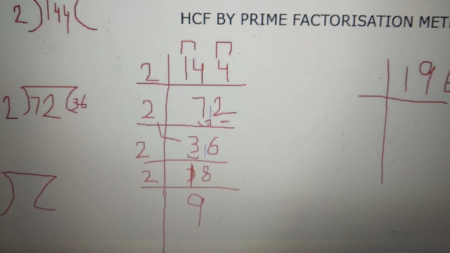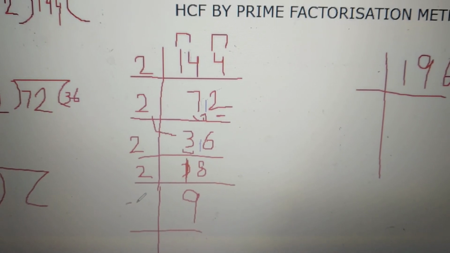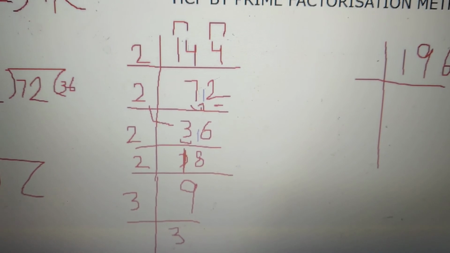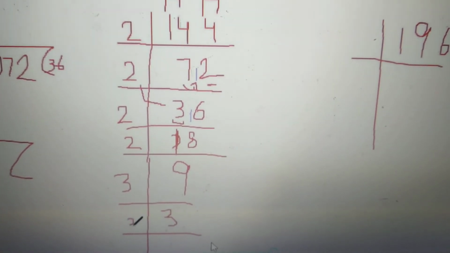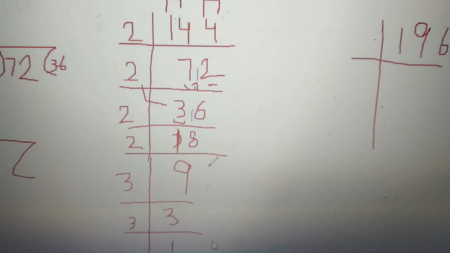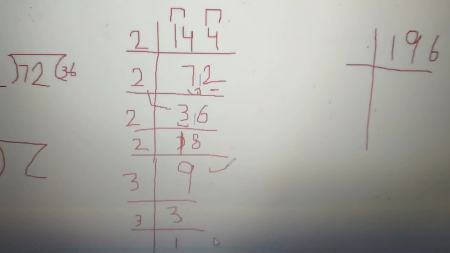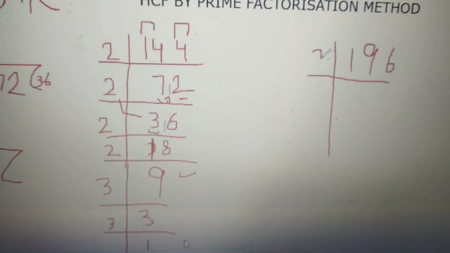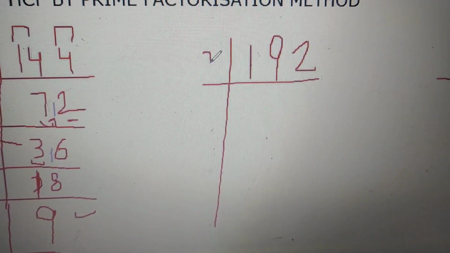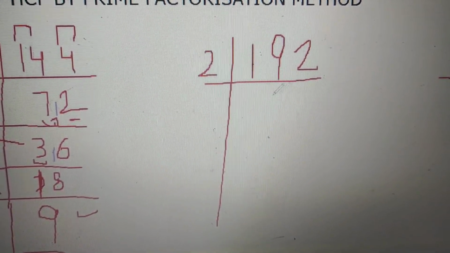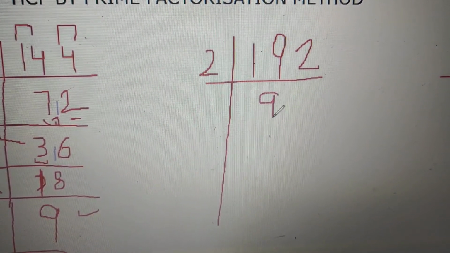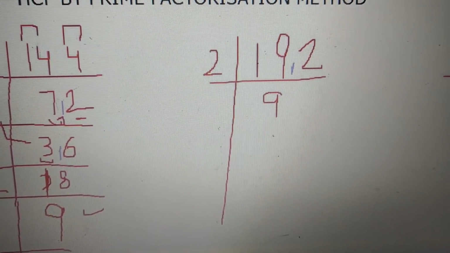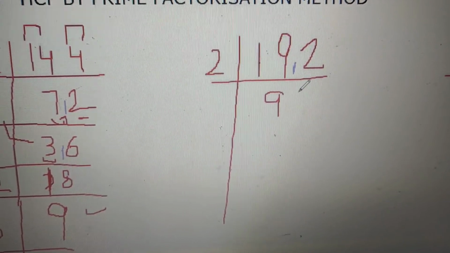If you don't remember the table exactly, you can divide it: 3 3s are 9 and 3 1s are 3. Look, after 18 I came to the number 9. 9 doesn't come in the table of 2, so I divided it by 3. Similarly, I will do this one. 2 9s are 18, I am left with 1, and this is now 12. 2 6s are 12, so I will write 6 here.